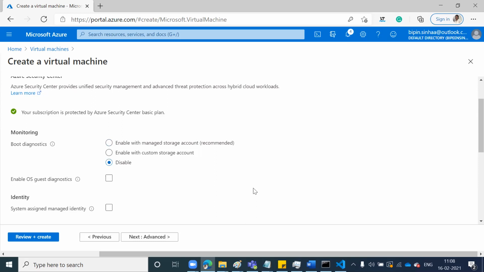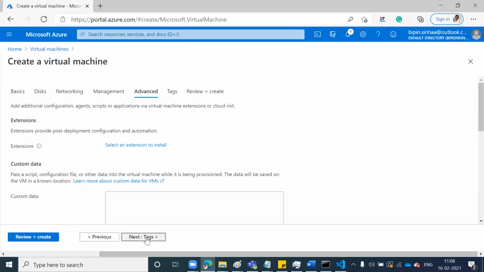Just say next. Now, by default on the Azure platform, there are multiple vendors who provide their services. For example, Symantec backup. If you are using Symantec backup, you can install an agent. If you are using an antivirus server, you can install an agent in this VM. That is called an extension.